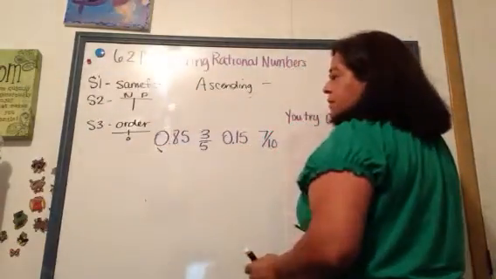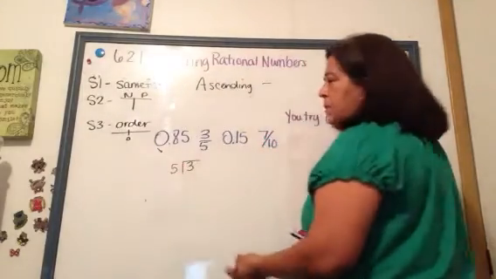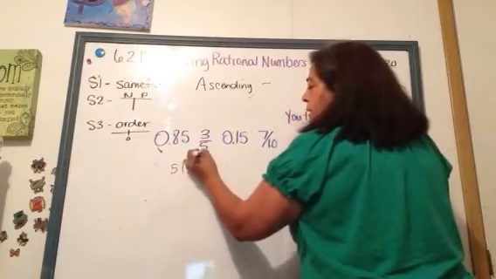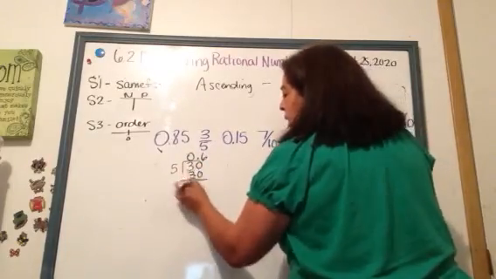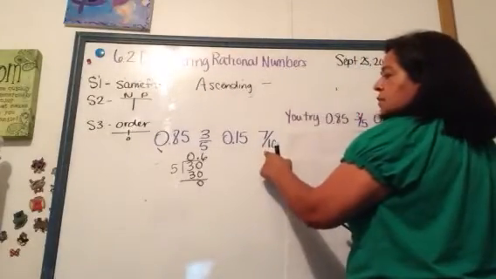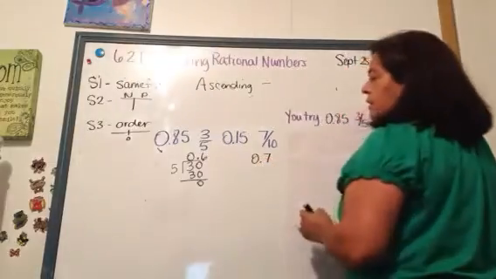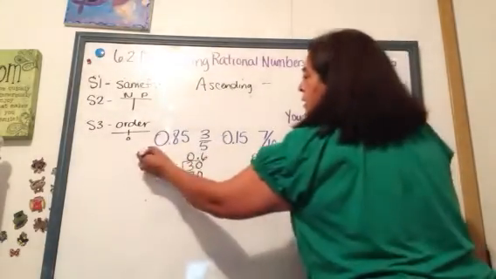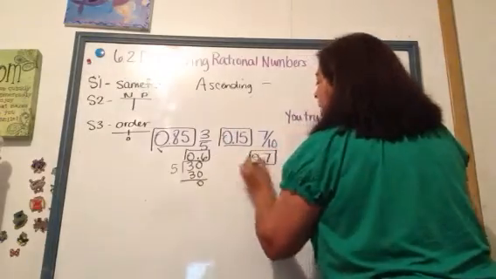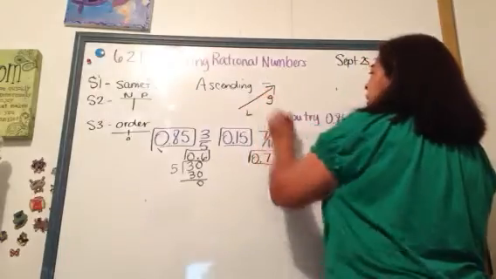But what about this 3/5? Well, 3/5 is 3 divided by 5. And remember, I want a decimal. So 3 divided by 5 is 0. Add a decimal is 0. 30 divided by 5 is 6. Voila. I have 6/10. I'm good to go. 7/10, when I read it, I know that is just place value, and it is 0.07. So now I have 4 decimals to order. And I'm going to put them in ascending order, which means least to greatest, because I'm